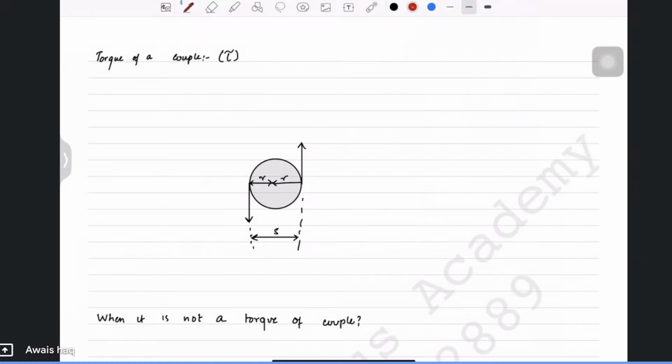So moving on, the next part of this topic is the torque of a couple. A torque of a couple is basically two forces acting in opposite directions with different lines of action, right? First of all, they're going to ask you what exactly is the torque of a couple. So if they ask, you can say torque of a couple can be determined